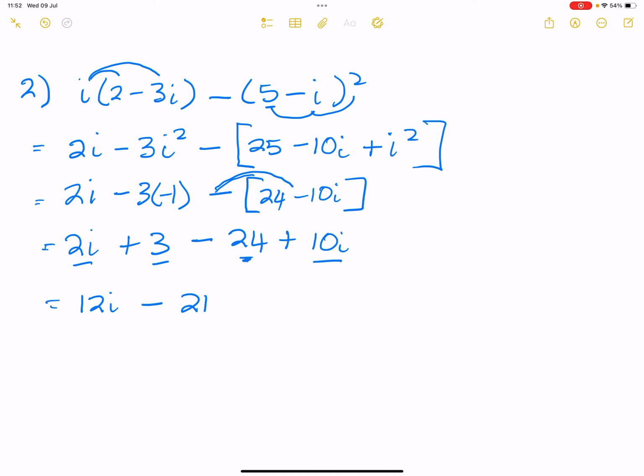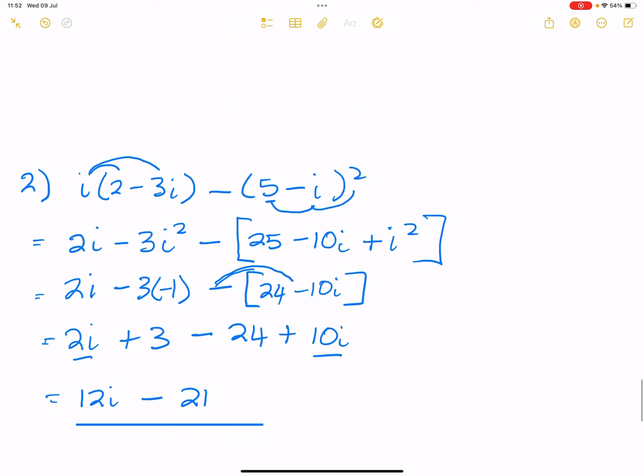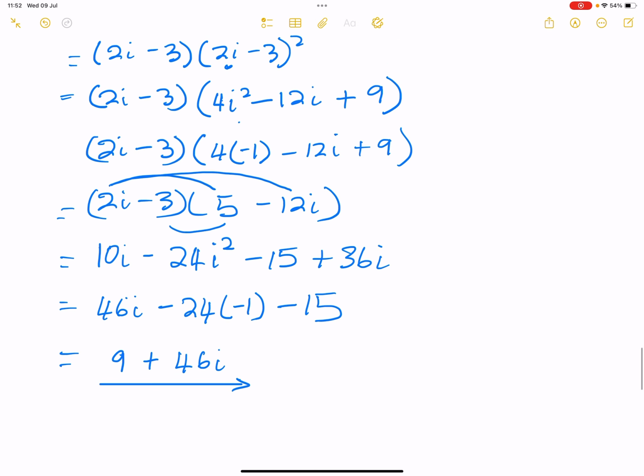The signs are different, so we subtract and keep the sign of the bigger term. Right, so that's how we get to that. Okay, quickly as we go to the third one. Okay, we've got 5 plus 2i